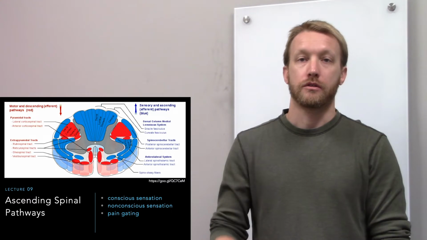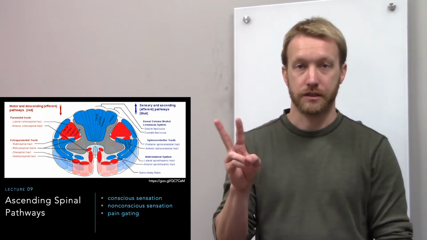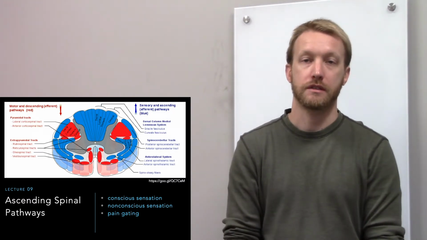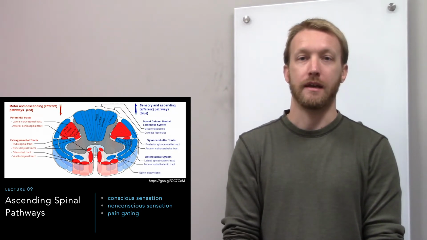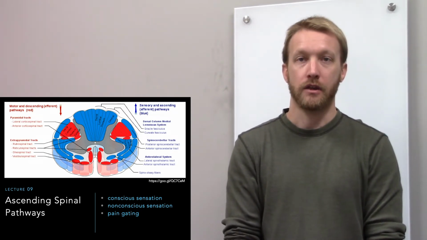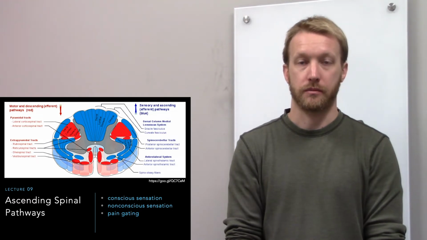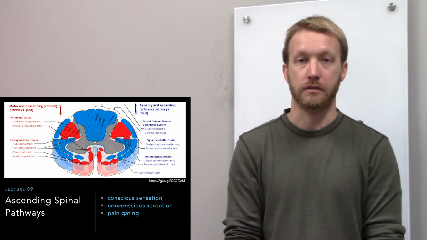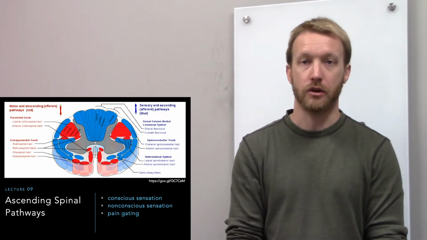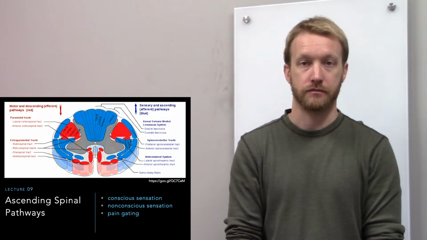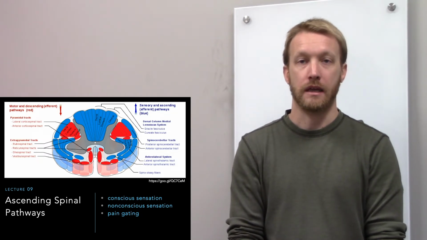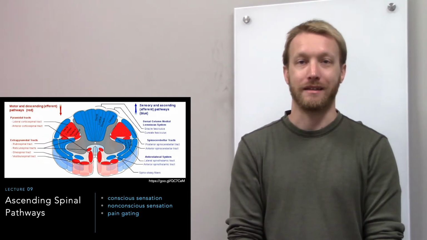There are two pathways that you must know because of their clinical relevance, and that's the posterior column medial lemniscus pathway and the spinothalamic tracts. Those are the two conscious pathways, which we'll cover in the first part. Of course, there are additional non-conscious pathways that don't make it to the cortex but still affect nervous system function. We'll go through those in the second part, and then finally we're actually going to go back down the spinal